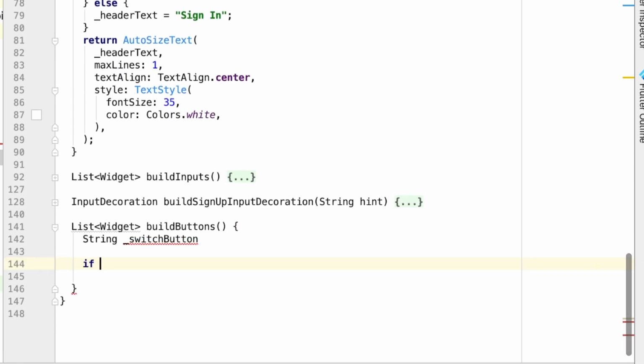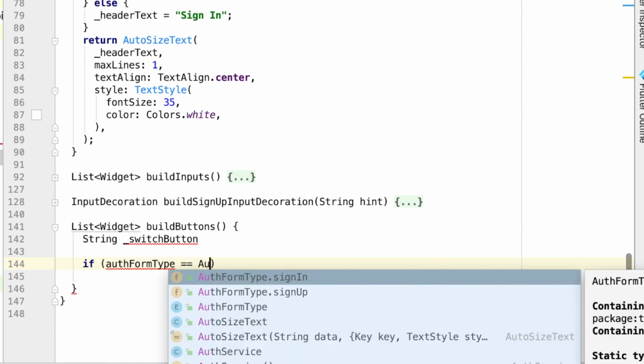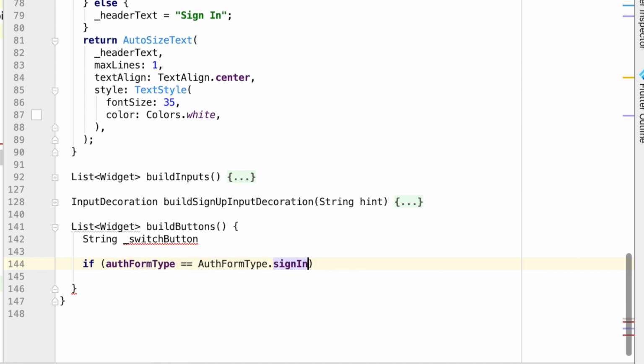So we can say if the auth form type equals our auth type of sign in, then we're going to set our switch button to equal